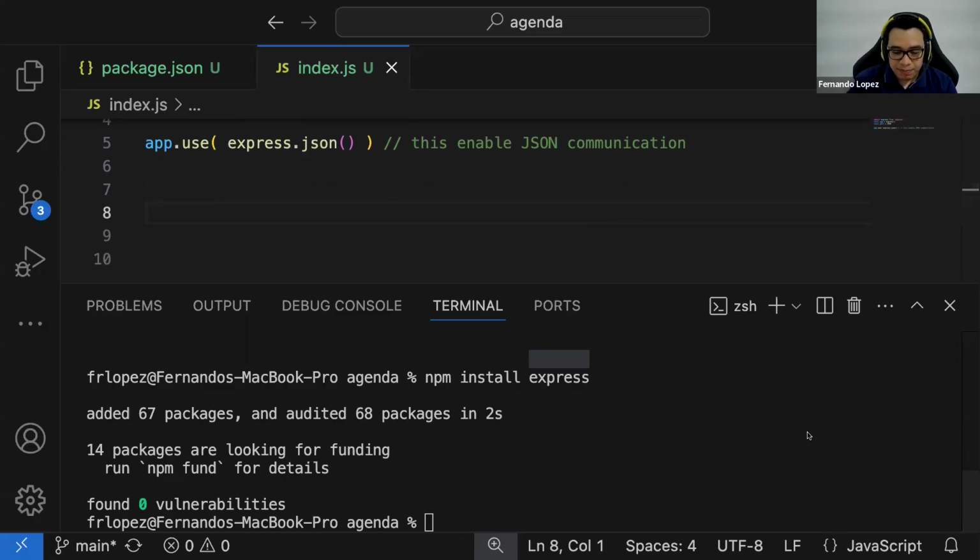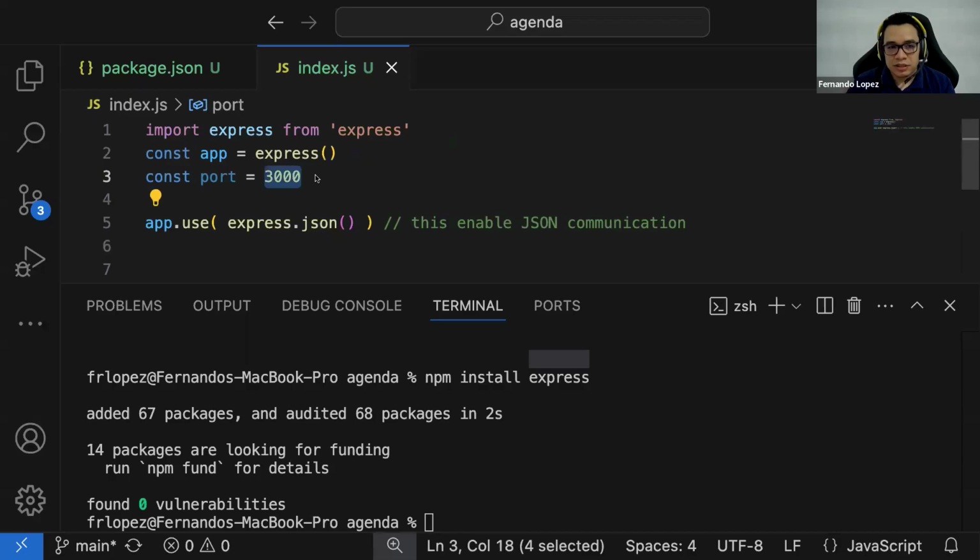Now, can we use any port number? That's a good question, Raylan. There are some ports that are busy in our computers. For example, the port 80 is not possible because that's a port for the internet. If you have, for example, a project like Postgres installed in your computer, it is going to be using the port 5243. So that port's busy for that server. So it could not be any port, but you can use any free port in your computer. For example, the port 3000 is a free port.